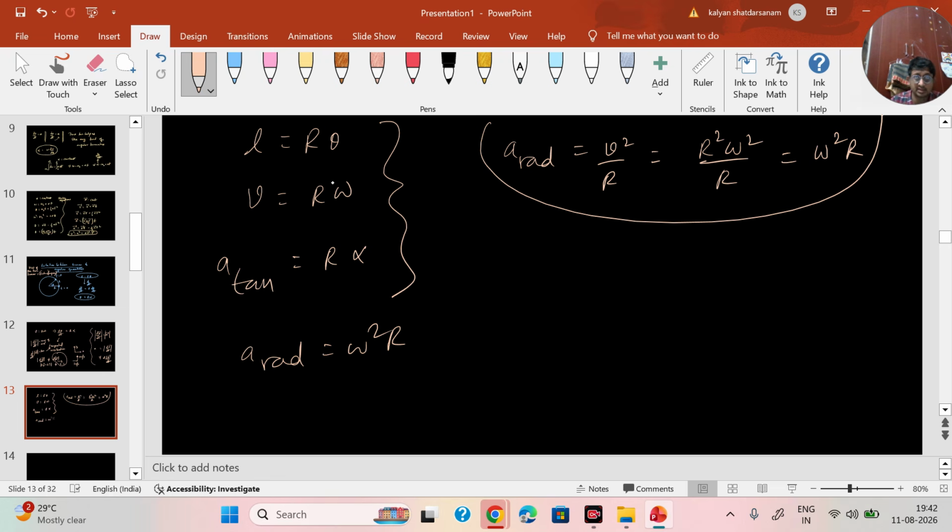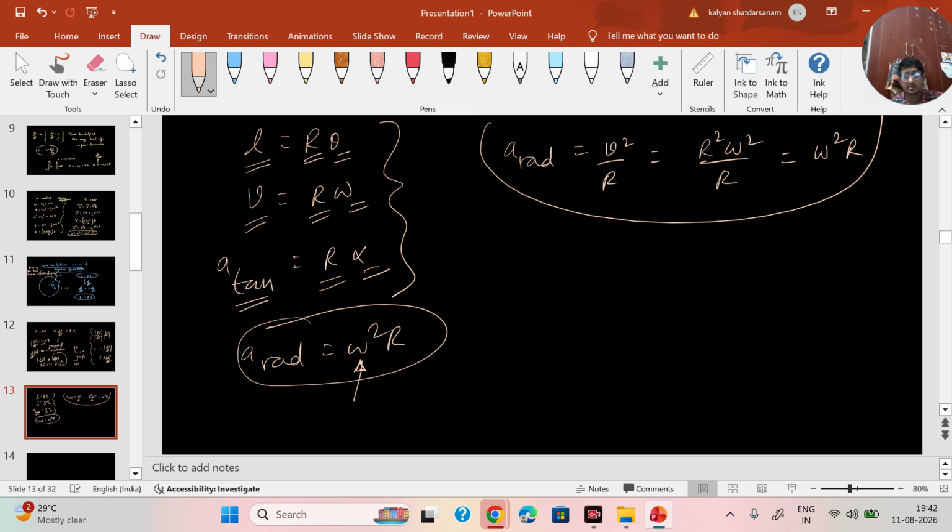Okay. In these relations, it is straightforward in the sense that linear quantity is radius into angular. Linear, which of course is tangential here, is radius into angular. This is the only case where you get omega square r. Omega square as such doesn't give any physical value for angular, but when you multiply with r, it becomes the radial acceleration. So these are the 4 important relations which we need to be very thorough with when